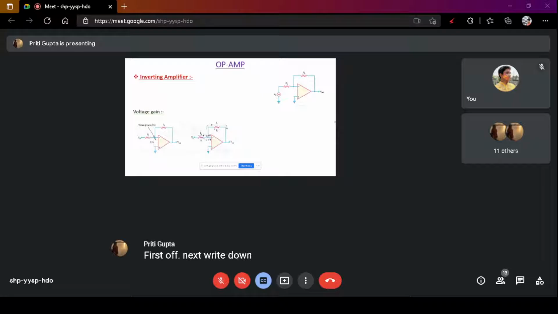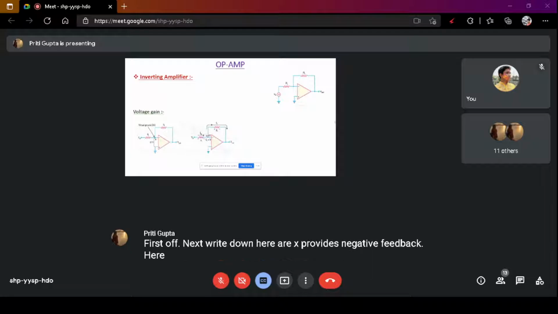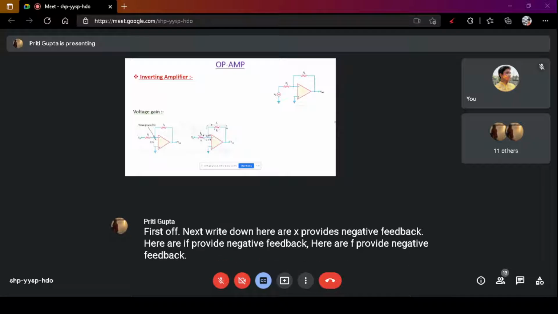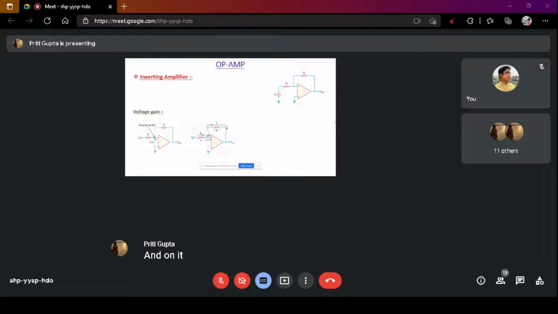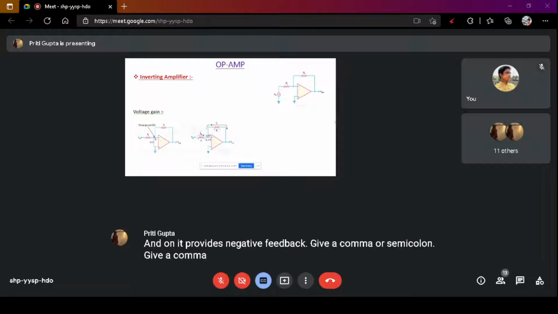Next, write down: here RF provides negative feedback. Give a comma or semicolon, and then write down: